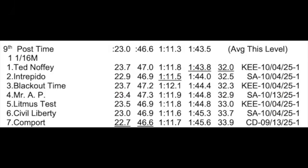Super Corredora ran a quality race, and she did offer some value, paying $19.60 to win in this event. And then race 9, I mentioned Ted Noffey with the best projected final time, and that one was able to win that event. And we've made it to the 10th and final race for Breeders' Cup Friday at Del Mar